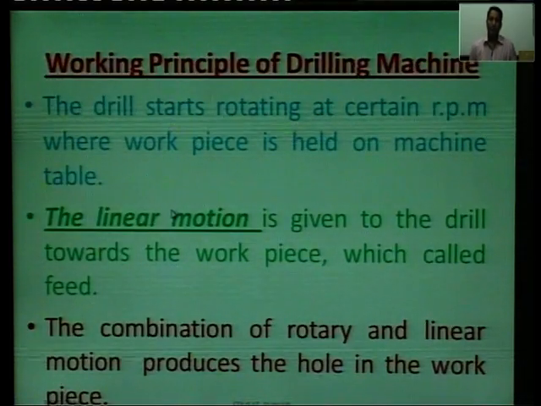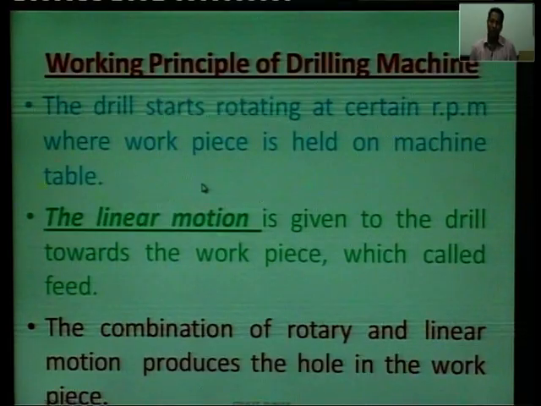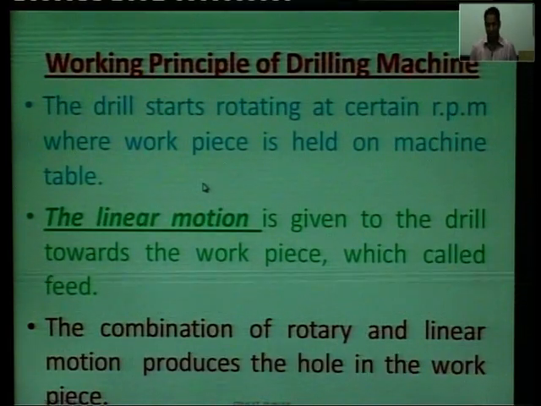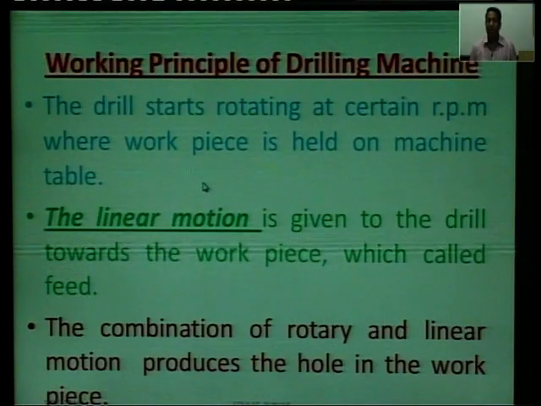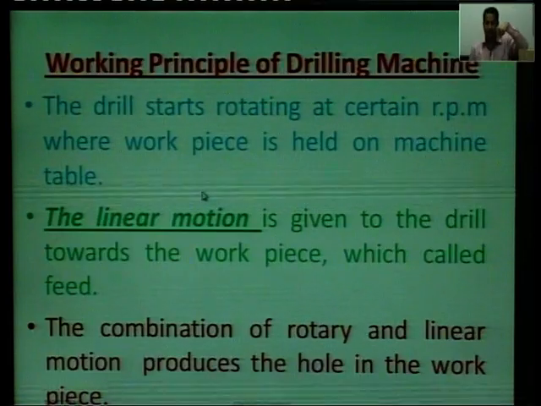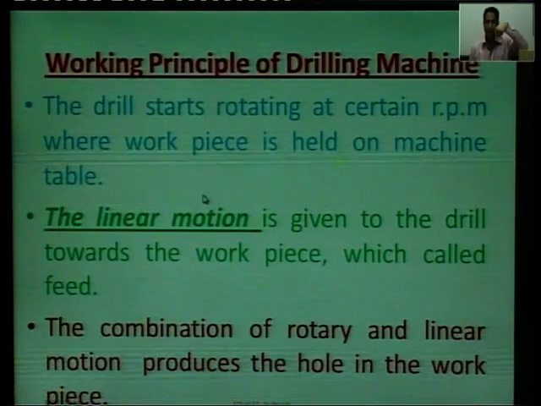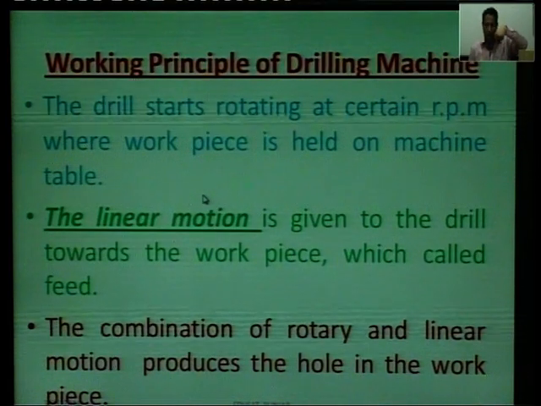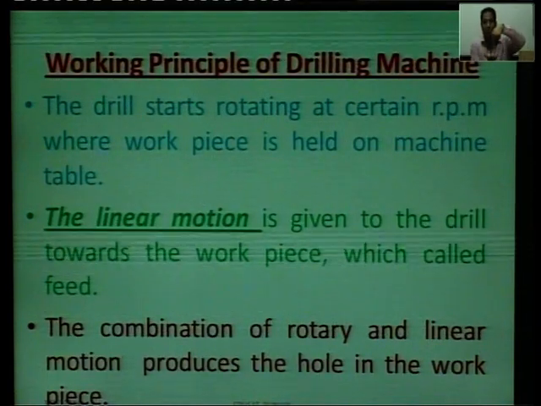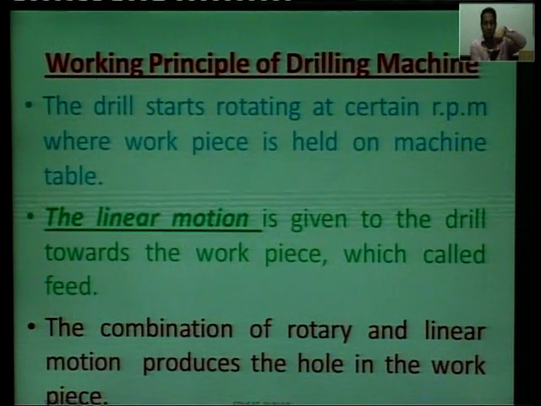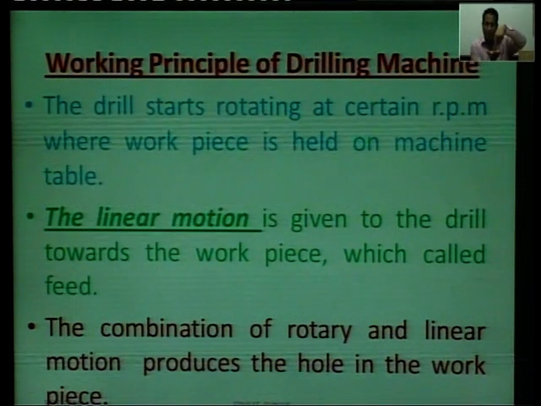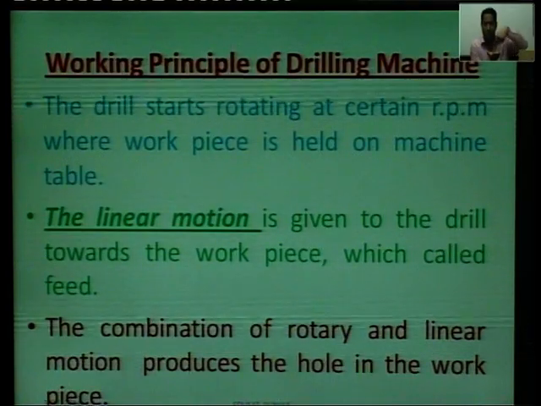So this is the working principle of the drilling machine. How does the drilling machine work? The drill starts rotating at a certain RPM. We cannot drill a hole with a stationary tool. If this is a drill mounted on a drilling machine, stationary, and we move towards the workpiece, do you think it will drill? No. We have to give rotary motion to this drill bit.